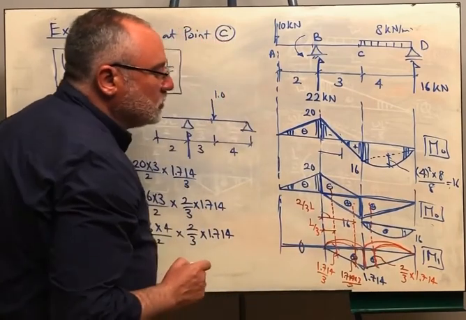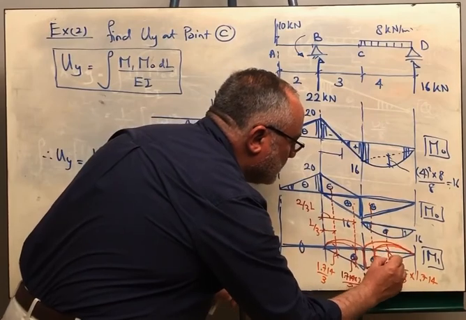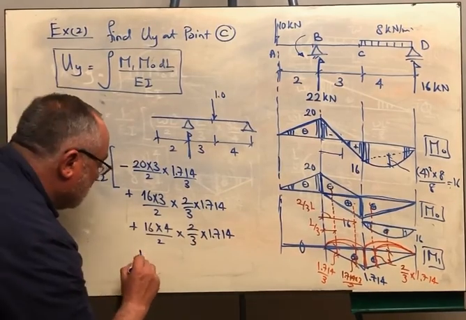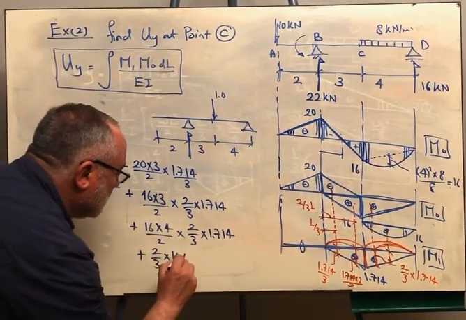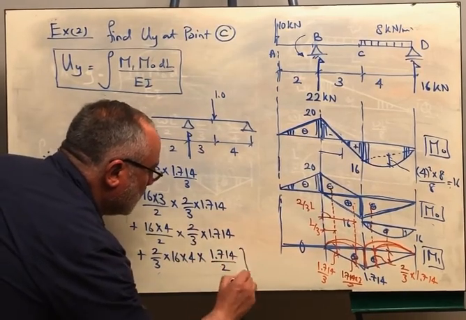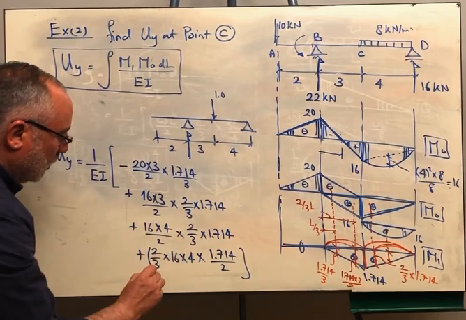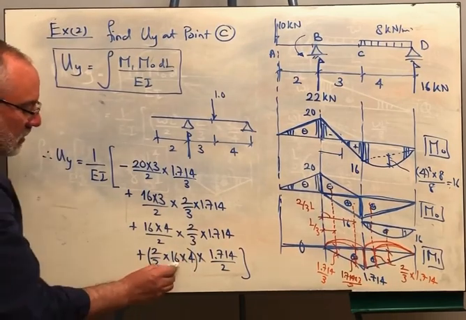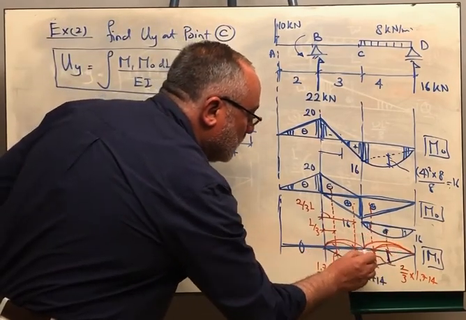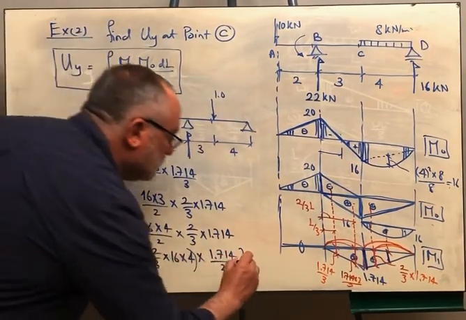The area of the parabola is 2/3 base times height, and the centroid of the parabola is in the middle. So we are getting the corresponding ordinate, which is half of 1.714. So this is plus 2/3 times 16 by 4 multiplied by 1.714 over 2. Again, how did we get that? This is the area of the parabola, which is 2/3 base times height. The height is 16 and the base is 4. And the centroid is in the middle. So this value should be the middle, or half the value, of 1.714. If you did this calculation, this will be